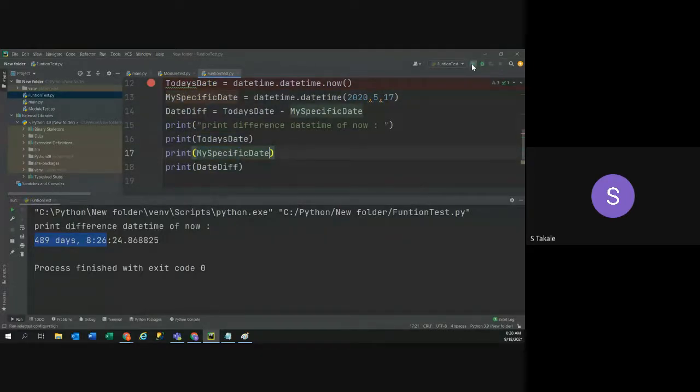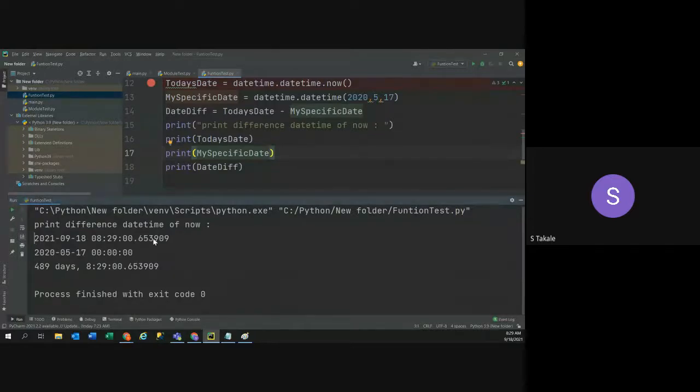So if I execute, the first two things will be the date, right? This is today's date, and it's like year, month, and day. Currently it is showing in that format because I'm in the US, right? So the US follows this